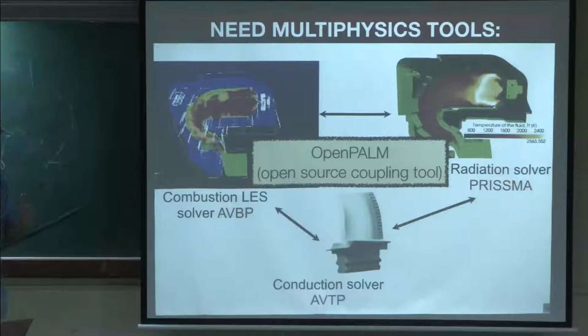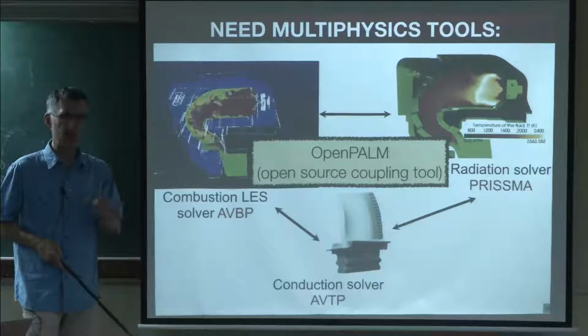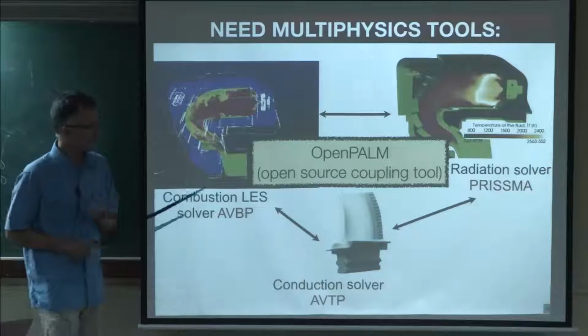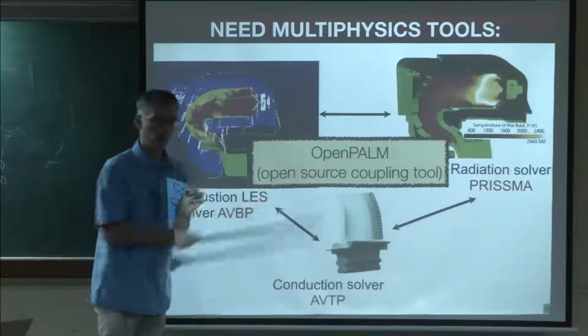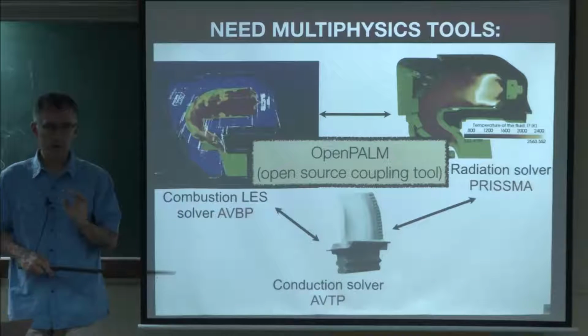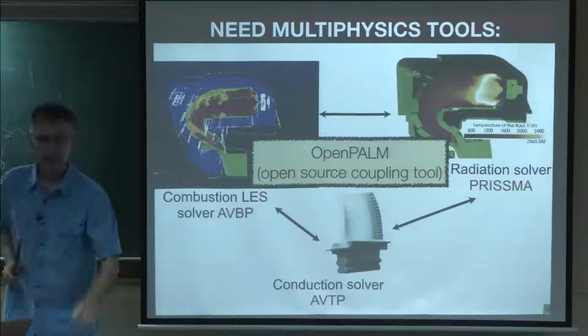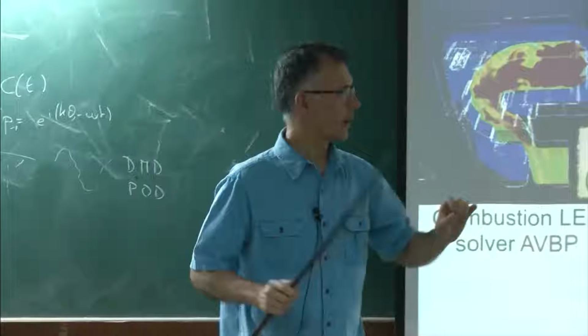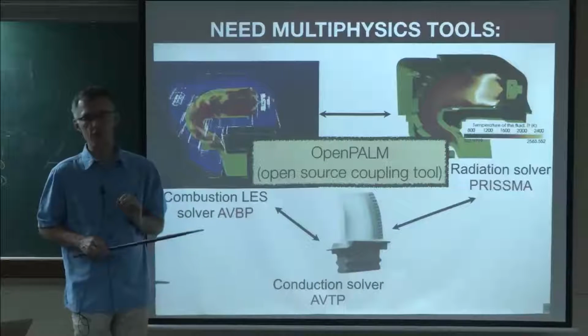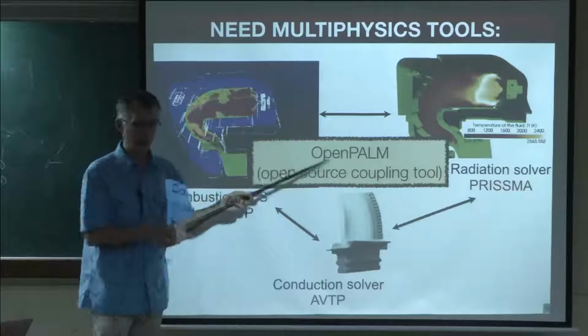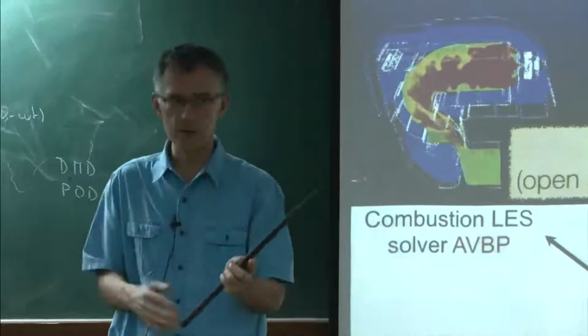The way it's done now, and not everyone agrees on that, that's the French way, let's say the European way, is we use a coupler. What is a coupler? A coupler is like building an electric line between 2 networks, and you exchange only the information you need to exchange. This coupler is called OpenPalm. It's an open source code, so you can download it if you want it.